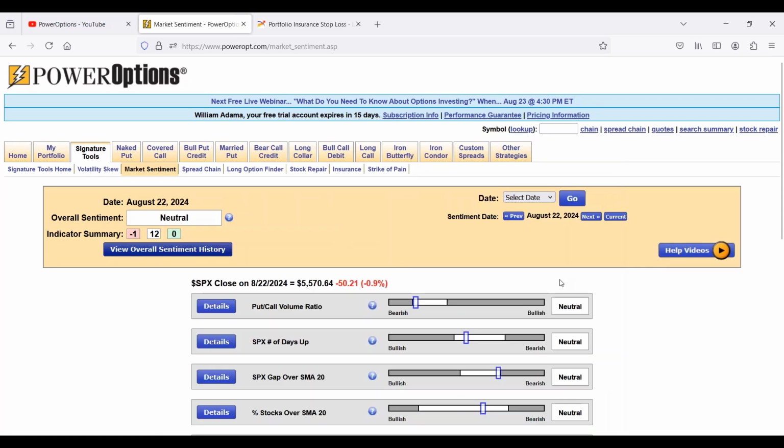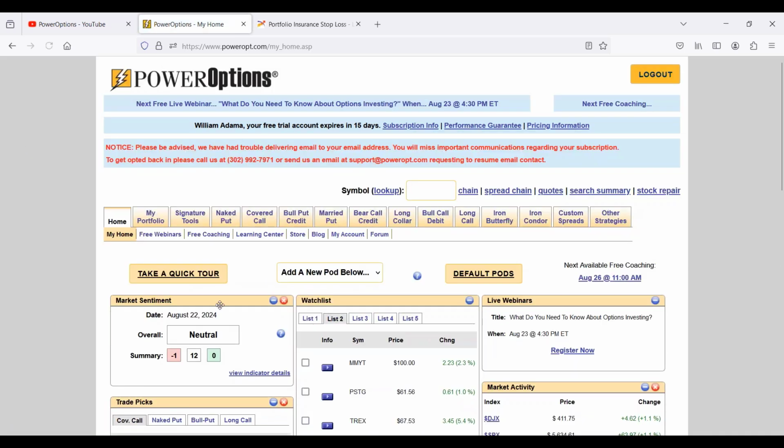I'm just pointing this out because it's not morning to morning. This is updated at the end of day. It hasn't even updated yet. As you can see, we're still on August 22nd. It's going to update probably at around 5 o'clock. We'll take a look at that at that point. 4:45 is what Greg usually says, our head programmer and CFO. But it's not updated yet. But in any case,